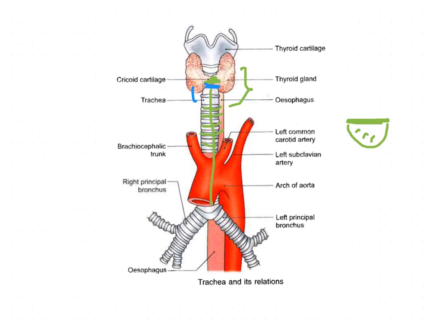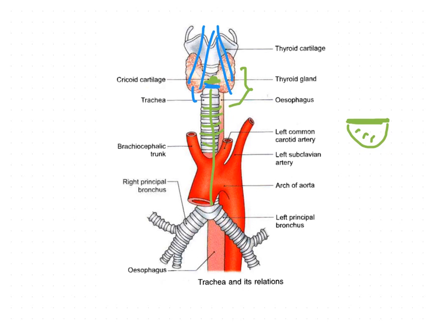And also it is related to the sternohyoid and sternothyroid muscles, which overlap the trachea anteriorly to some extent. So all these structures we have already seen in the inlet of thorax, the structures which are coming from the neck towards the inlet, or some of the structures which are coming from the thorax out through the inlet towards the neck region. So almost all the same structures are related here also.